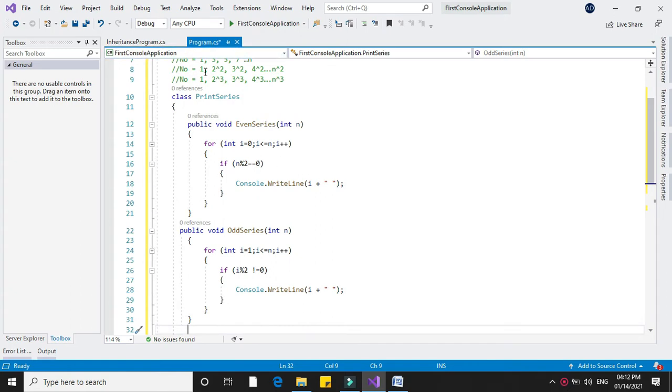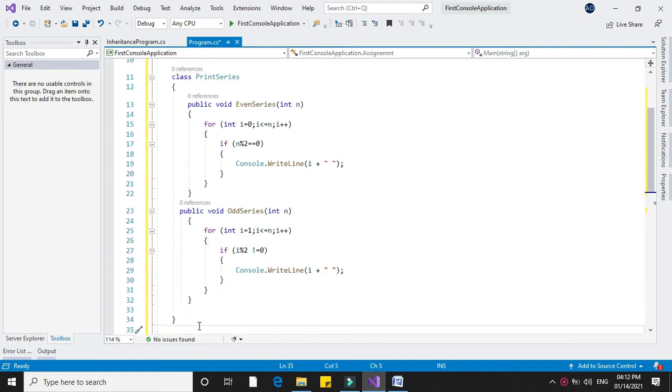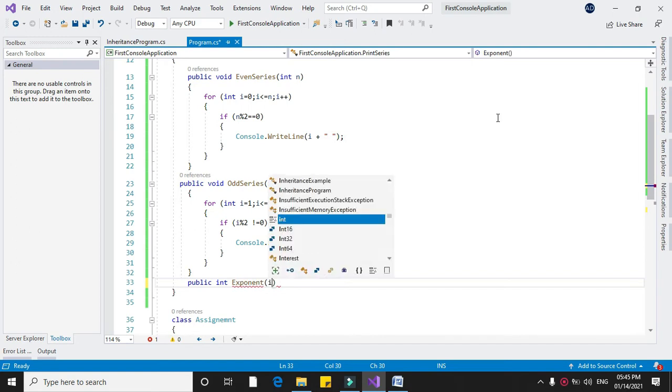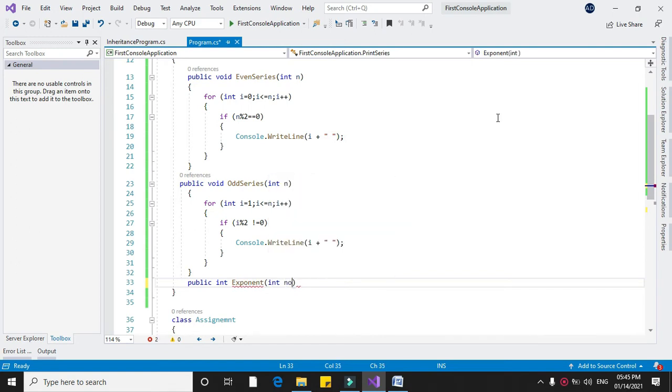Now the third series is 2 raised to 2, 3 raised to 2 and 4 raised to 2. And the fourth series is 2 cube, 3 cube and 4 cube. Here we will write a method for exponential. Now we will write a method exponent. So public, which will return an integer value exponent, with parameters number and the exponent value.